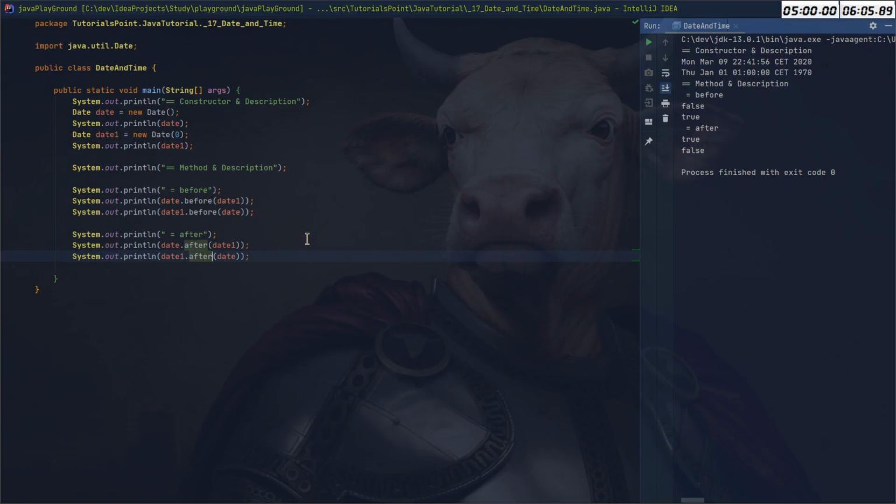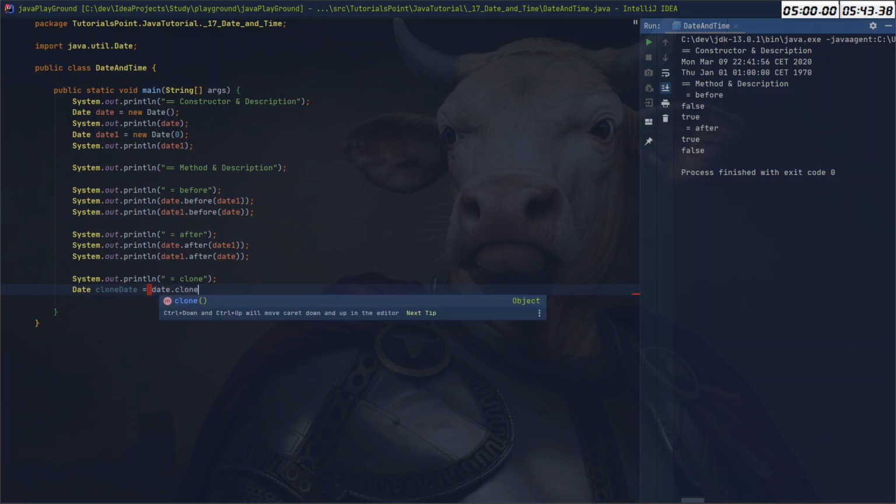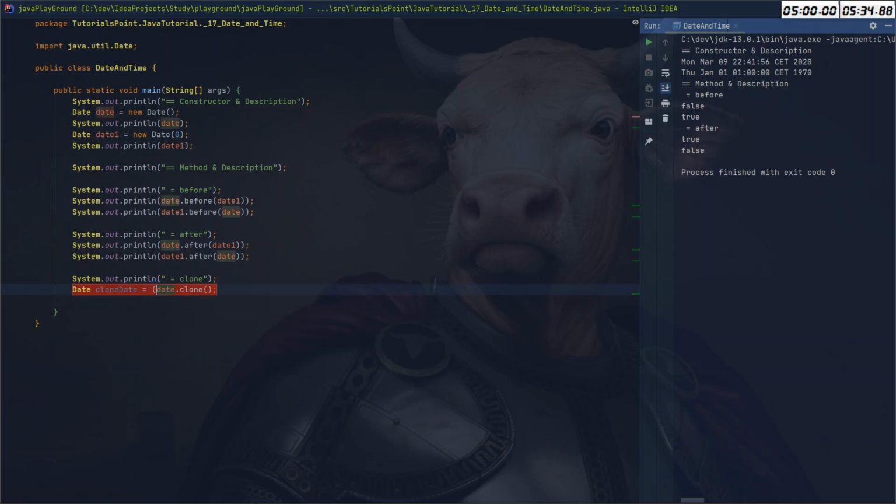Okay, so we can say clone that is from object, and I will say date clone date equals date clone. What's the problem? Okay, so maybe I can cast it to date, like so. Looks like I can, and we will output